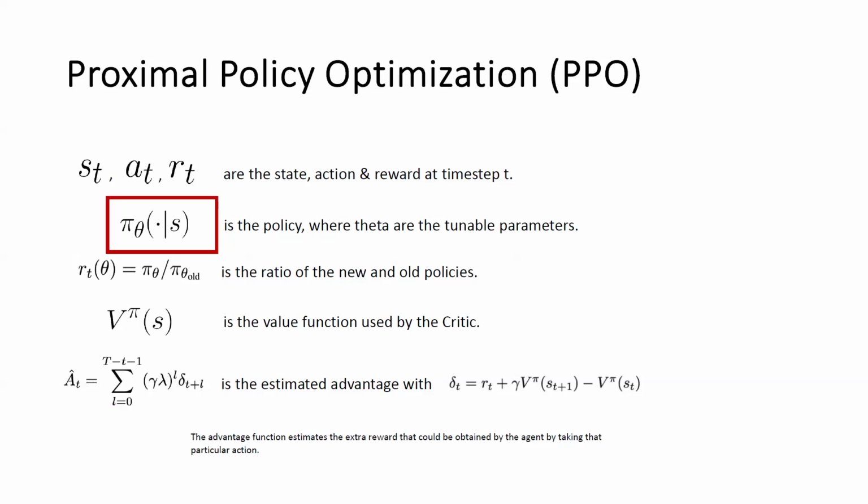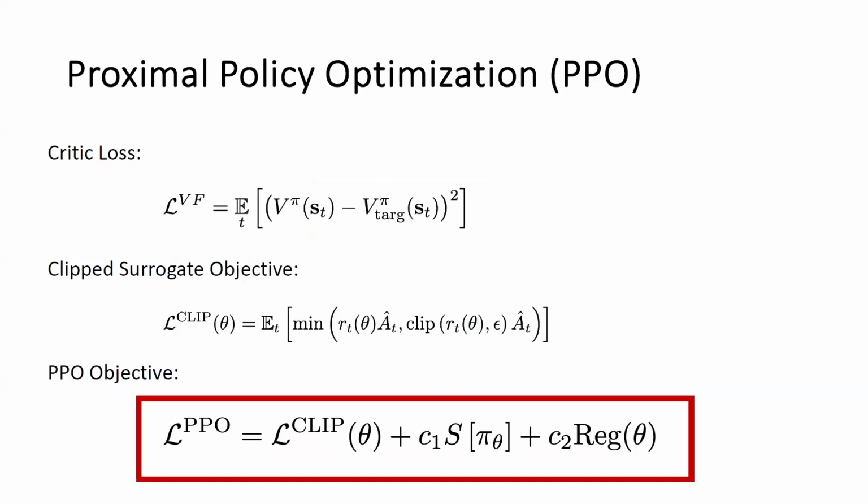So we want to find the best policy in a certain environment, actually the best parameters of a given policy. And proximal policy optimization essentially helps us to write down a single objective function that we can use in a gradient descent method. And the property of this objective is that it enables a pretty stable convergence of the agents.